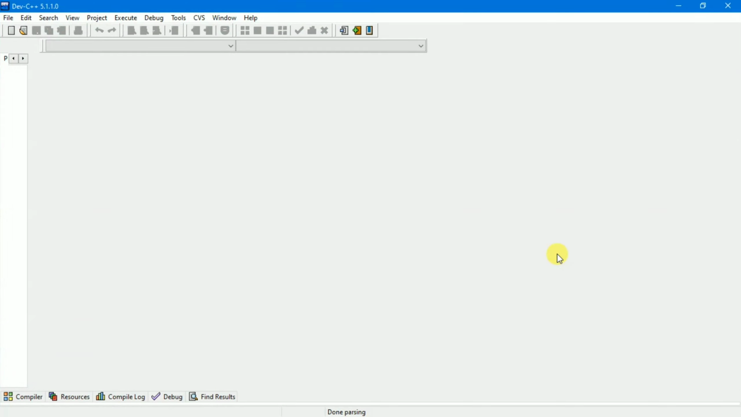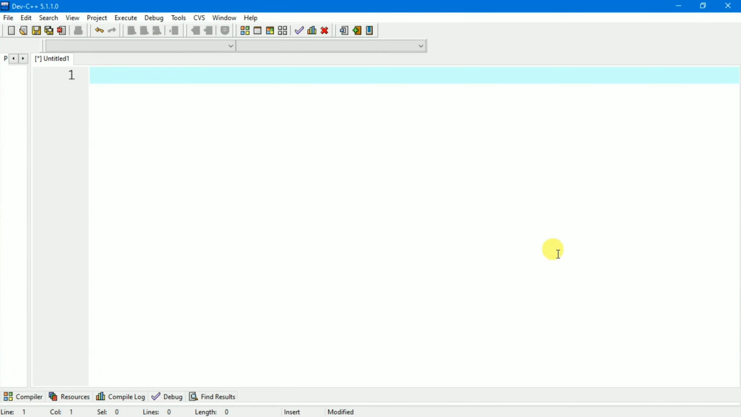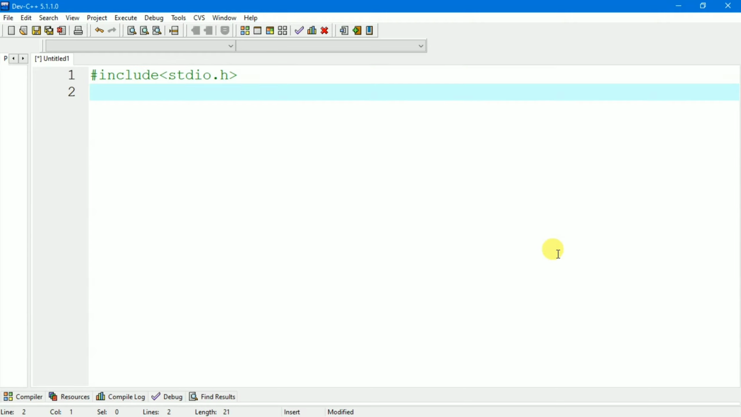Now press Ctrl N for a new tab. At first, we will write the program. After that, I will explain to you how it works. Now, at first we will include the header file, which is #include stdio.h. After that, we will declare the function, let's say odd digit sum,